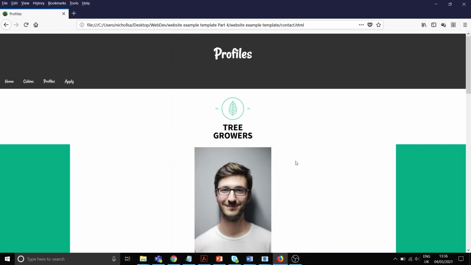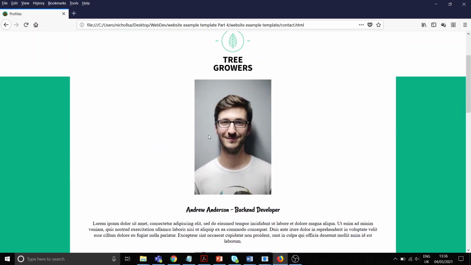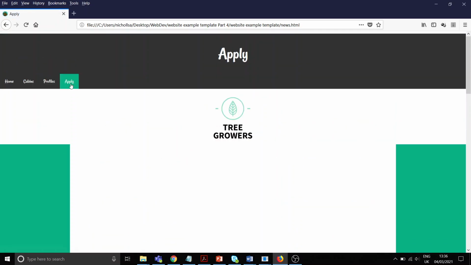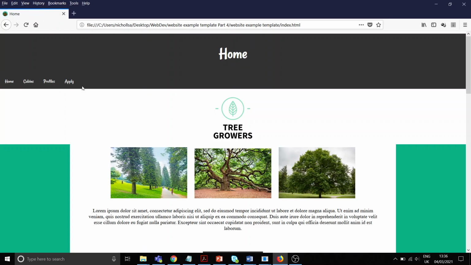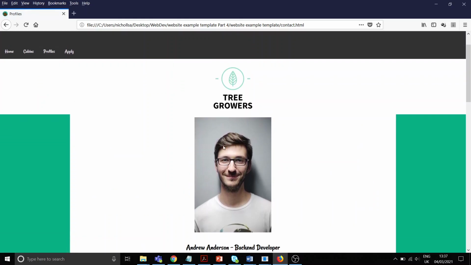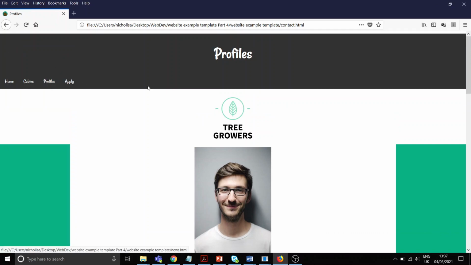All right, so next up, we just want to do this application form for our website. In terms of accessing the application form, I've got mine as an apply tab up here, so you can jump straight to it from any page. You might want yours only available from the profiles page, or you could have not just your profiles page, because as well as that, you've got your jobs page,